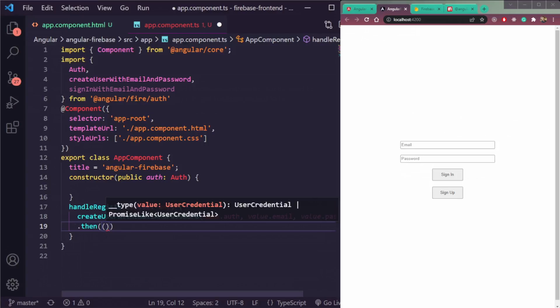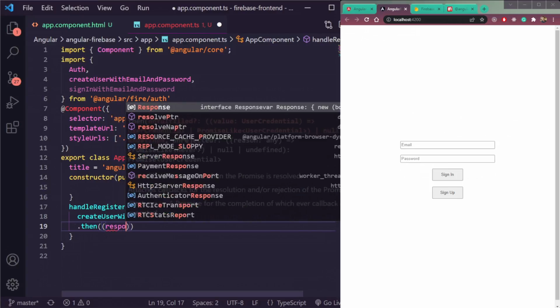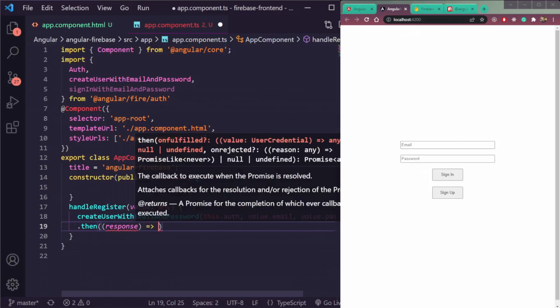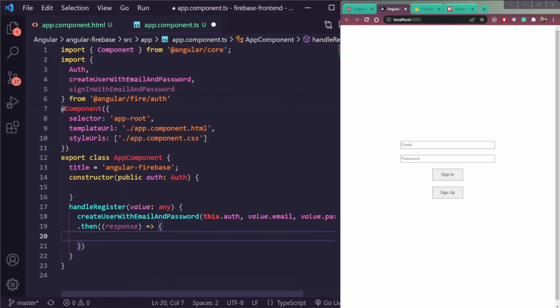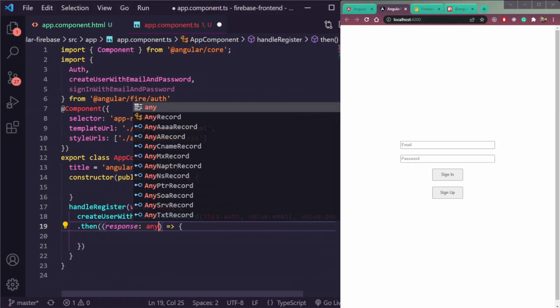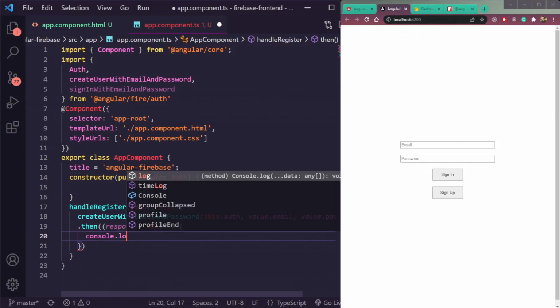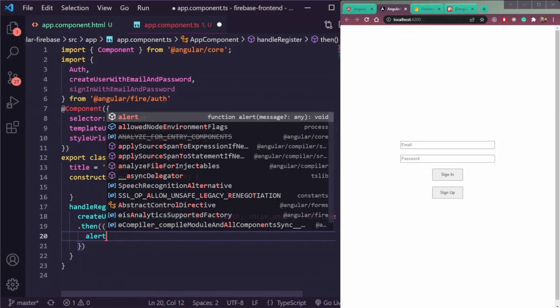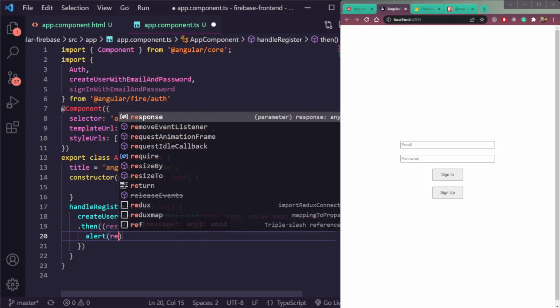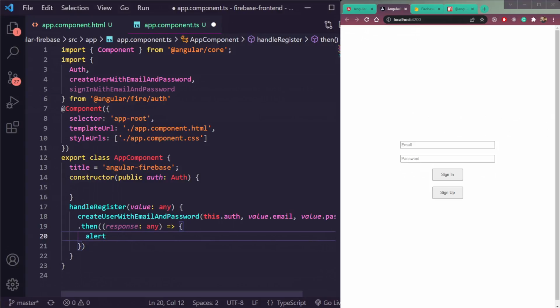So we will just say response, and the type here will be any, and we will just say console.log or just say alert response. Okay. So we have to console it here, not just show in the alert. So console.log